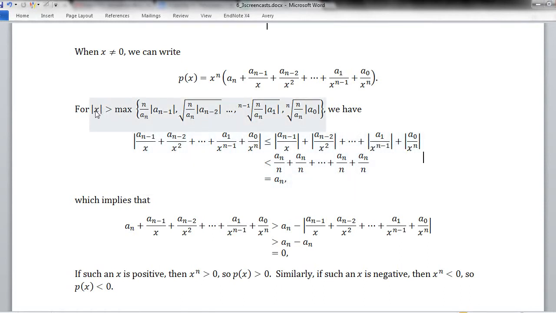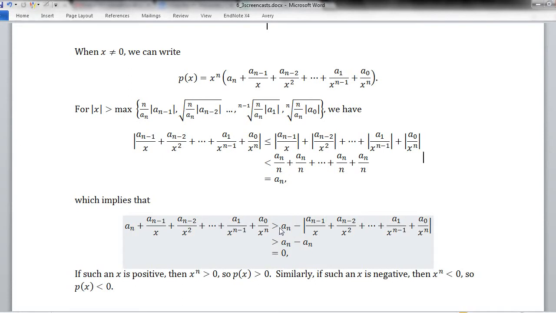And okay, we want all of those inequalities to be true, so we need absolute value of x to be greater than all n of those numbers. Okay, but that's just a finite set of numbers, so just take the biggest one and let absolute value of x be bigger than that. And we get that the absolute value of the sum is, if you string it together, less than a sub n. Okay. So then if we add on a sub n here, then by, well, sort of a rearranged triangle inequality,